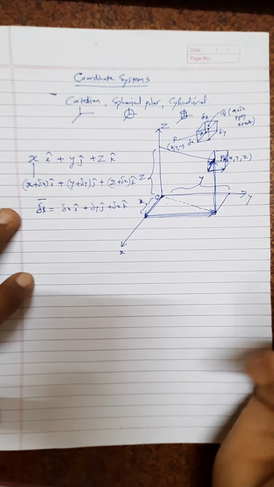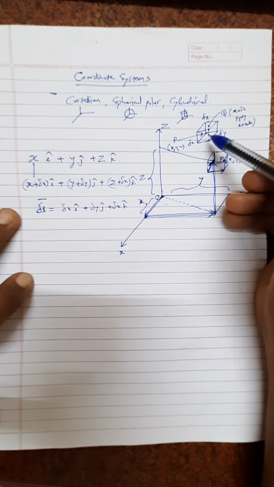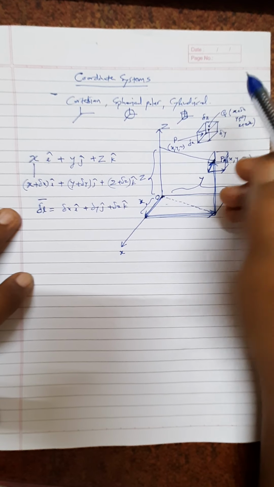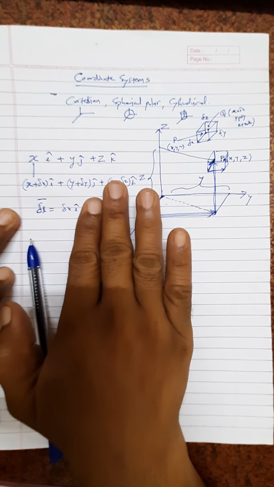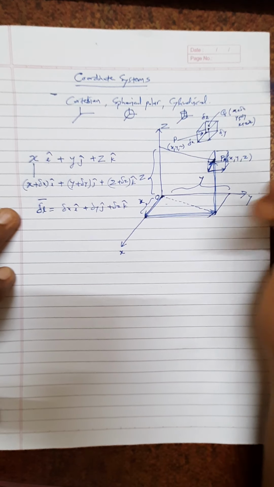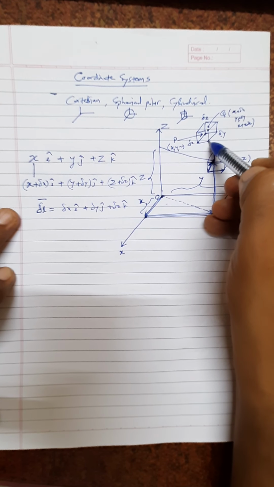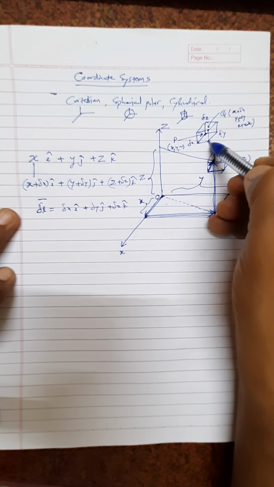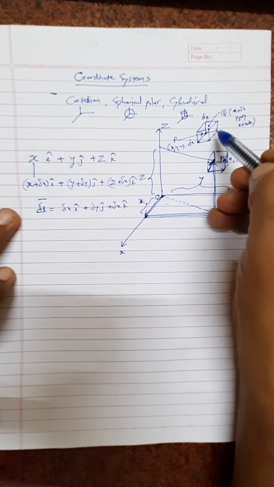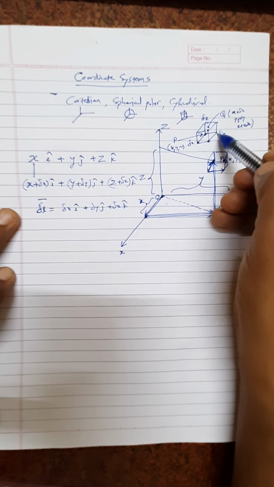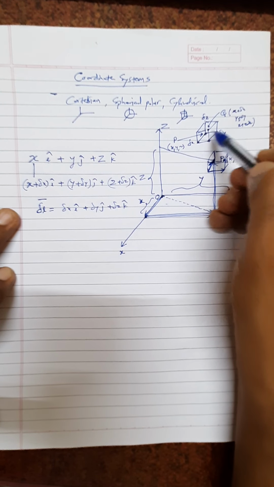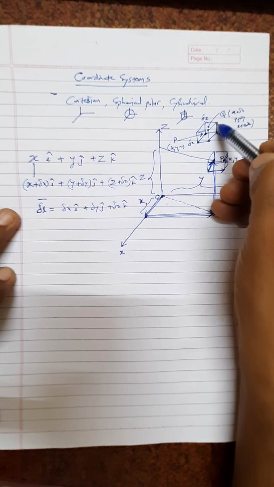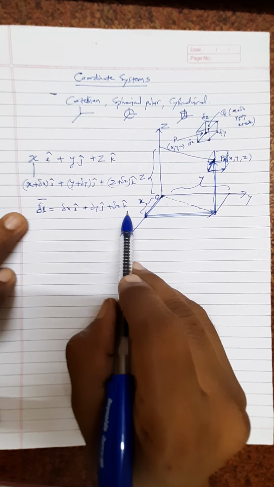k axis. Now it may happen that if I travel directly from this point to this point only, then delta y and delta z are 0, and the element will be delta x into i cap only. If I travel from this point to this point, then there will be delta x i cap plus delta y j cap only. Instead of this, if I travel from origin along y axis only and along z axis only, then it will be delta y along j axis plus delta z along k axis. Therefore, this can be treated as a general element.